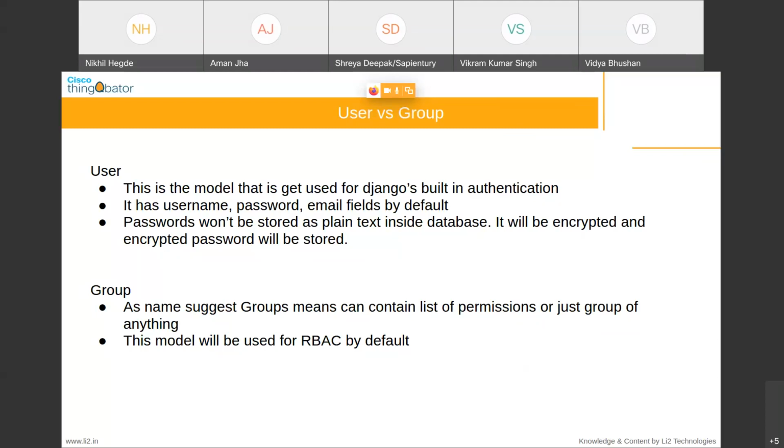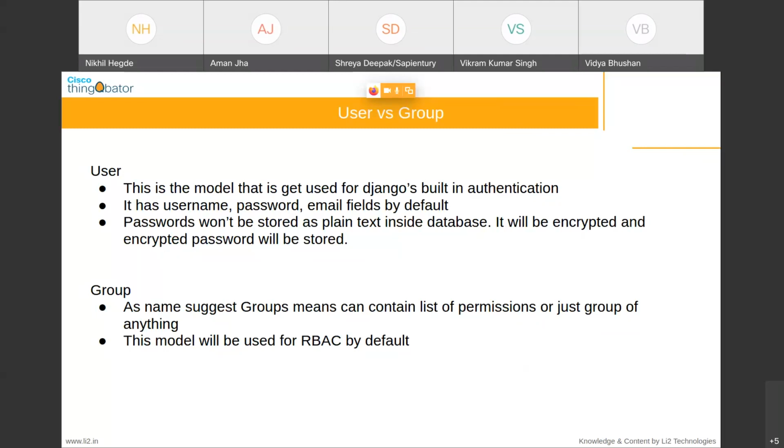Okay, this is the main concept of the user table. Now let's go to the group table. As the name suggests, this is used to contain the list of permissions. As I mentioned before, for the authorization process, in the group table we store the different permissions that are available, that means the different roles that are available. As I mentioned, you can have data with respect to admin and non-admin inside the group. And the relationship between user and group is many to many.